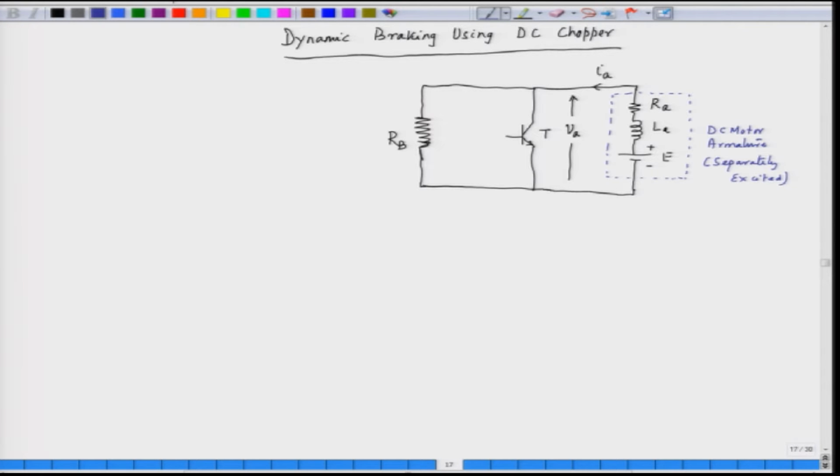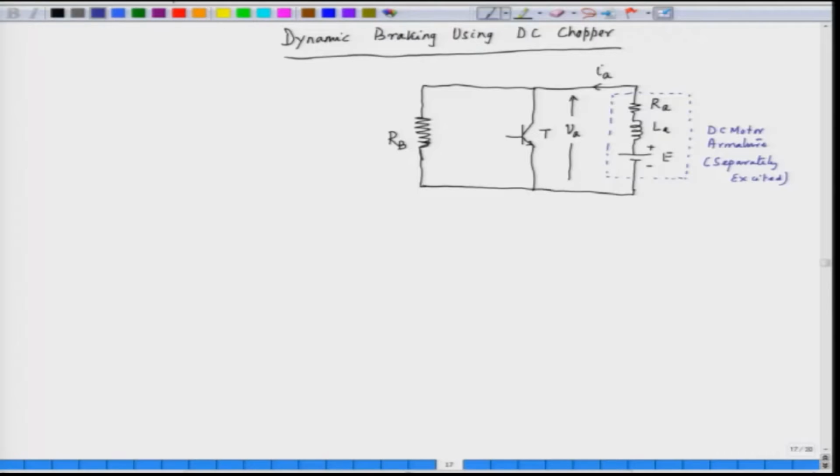Now, we assume that the motor is rotating and driving a load, so the motor has a lot of kinetic energy. If we want to brake it electrically, we can brake it regeneratively, which will require the DC source to absorb the energy of the motor. If we do not have a DC source, we can brake it dynamically, which means transferring the energy to a braking resistor. That is what is being achieved here.